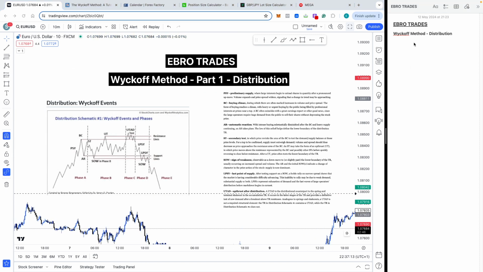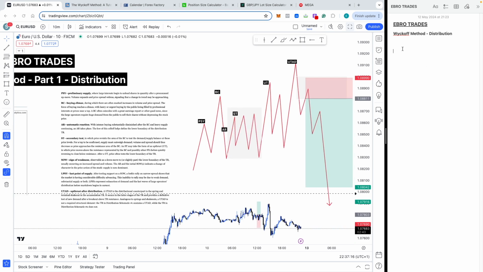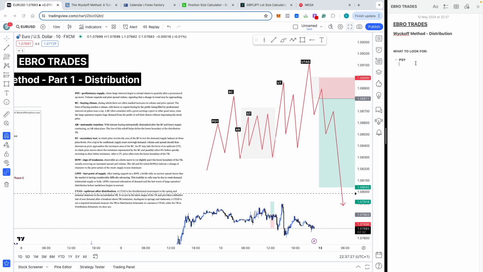Essentially, our checklist for Wyckoff, well, my personal checklist will be: what to look for? I'll be looking for PSY, my preliminary supply. I'll be looking for buyer's climax. I'll then be looking for an automatic rally, or they call this the automatic reaction, which is essentially this retracement after the buyer's climax. I'll then be looking for a series of secondary tests, which are peaks between the BC and the UT, between the buyer's climax and the upthrust. I'll then be looking for the UT, the upthrust. I'll then be looking for a UTAD